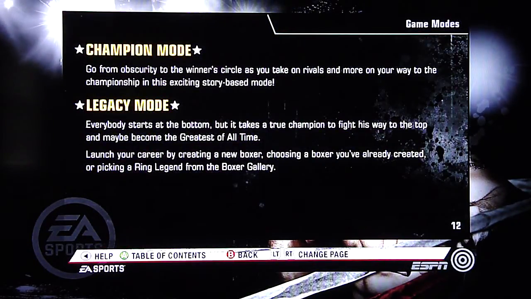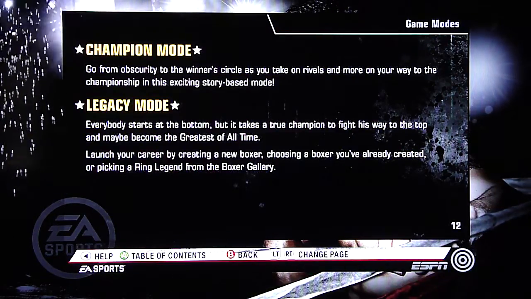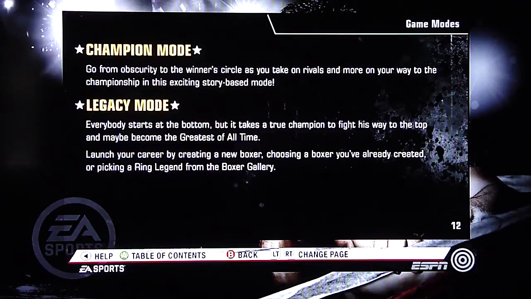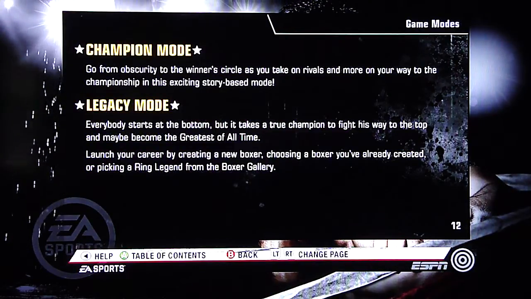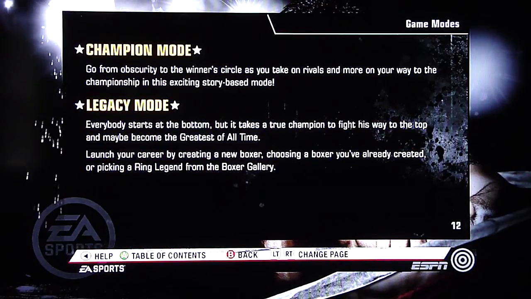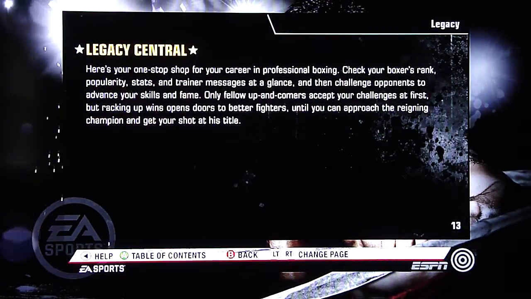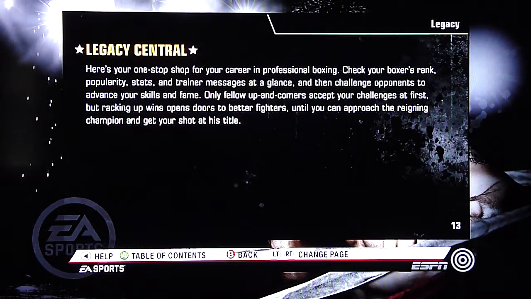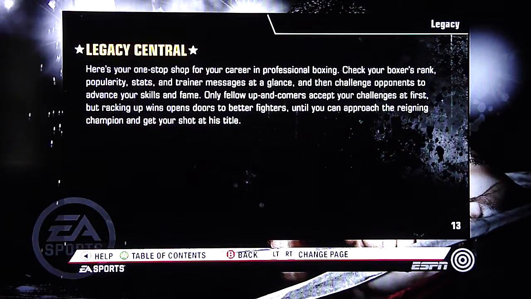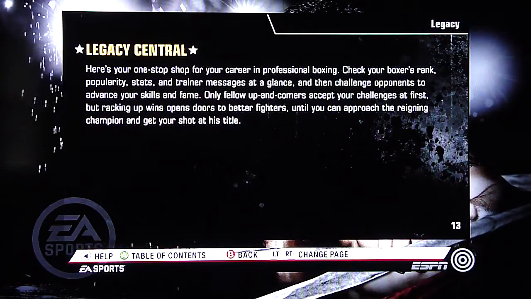Champion mode. So champion mode, go from obscurity to the winner's circle as you take on rivals and more on your way to the championship in this exciting story-based mode. Okay, so champion mode is going to be interesting too. Starts at the bottom. Okay, well, you know what? If EA does this right, well, if EA Canada does this game right, I mean, it may warrant a normal retail purchase. It's just kind of hard to say that with, you know, last year's version being the way it was. Here's Legacy Central,